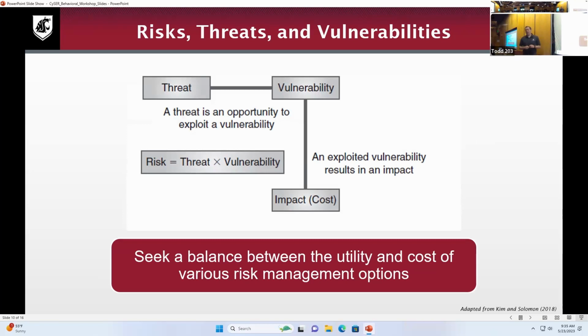So we saw definitions before of what was risk, what was a threat, what was vulnerability. I'm adding to this whole conversation the whole idea of the impact or the cost, right? So if there is an exploited vulnerability, it results in some sort of a cost. If every single one of LastPass passwords were compromised, there was a cost to LastPass when that happened. And so what is that? What is the cost? And that's going to help us understand how much are we willing to invest in preventing